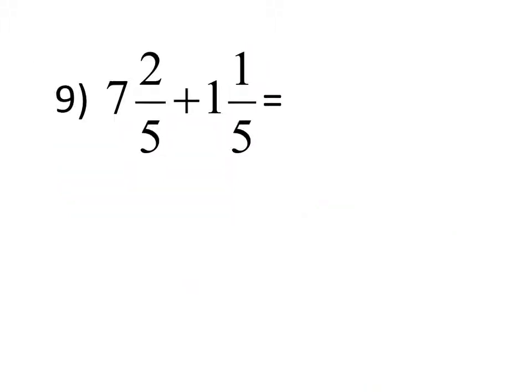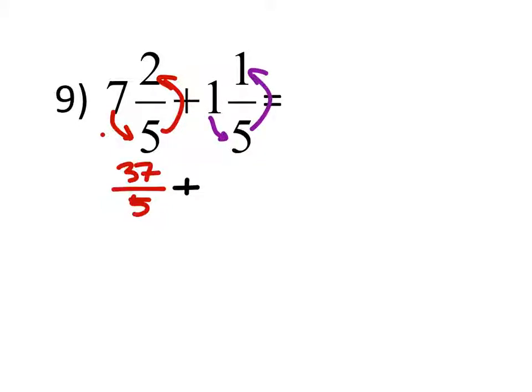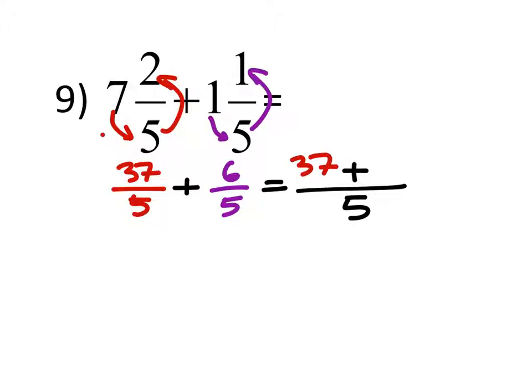So 9, this one already has common denominators, which is great. So when we change these into improper fractions, we're not going to have to worry about finding new denominators for this one. So I got 7 times 5 is 35 plus 2, 37 fifths, plus 1 times 5 is 5, plus 1 is 6, so 6 fifths. And this one equal to fifths, I got 37 plus 6. So on fifths, I have 43